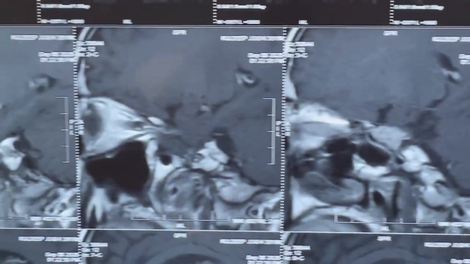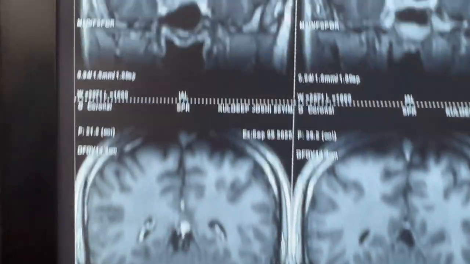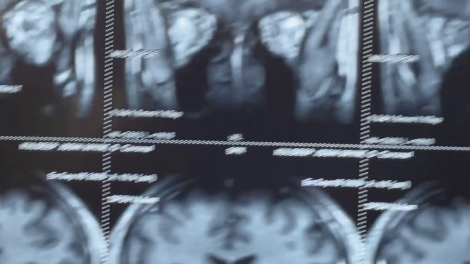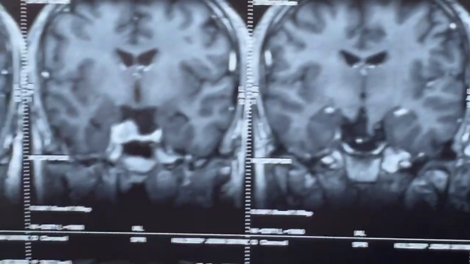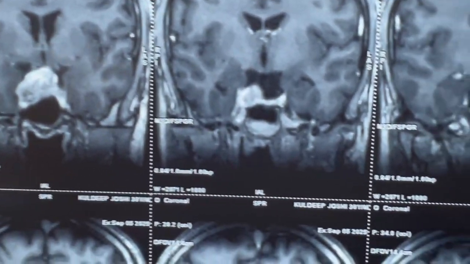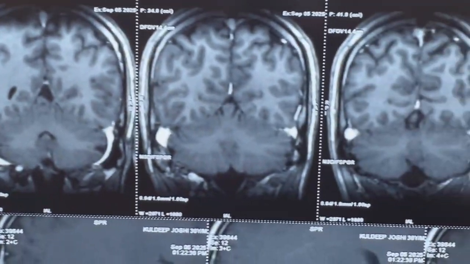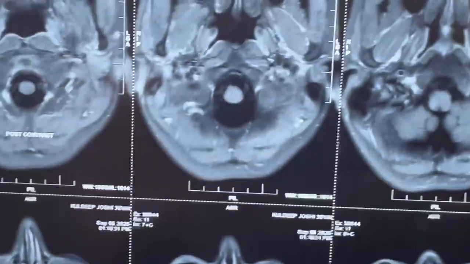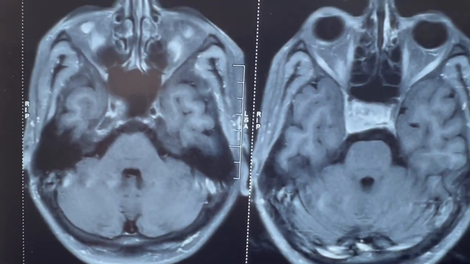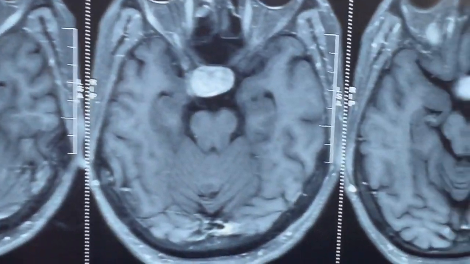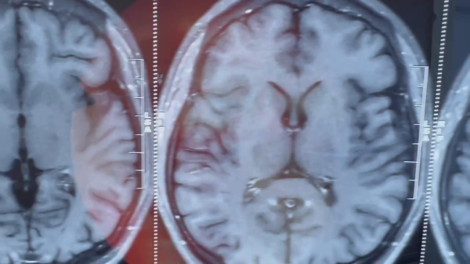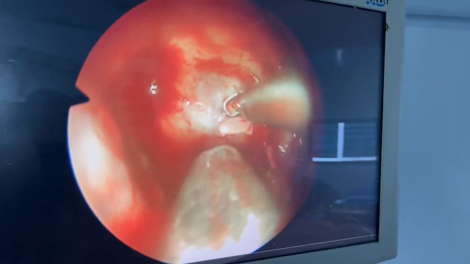Apoplexy is most commonly caused by hemorrhage in the superior hypophyseal artery. So if a question asks which artery most commonly leads to apoplexy, that is the superior hypophyseal artery. The hormonal profile, cortisol, TSH, prolactin and GH, is within normal limits. On visual field charting, bitemporal hemianopia is confirmed.